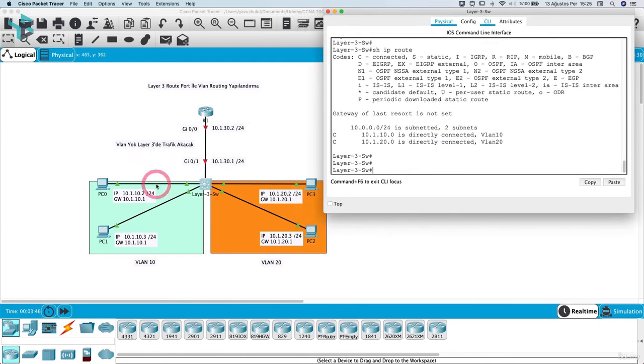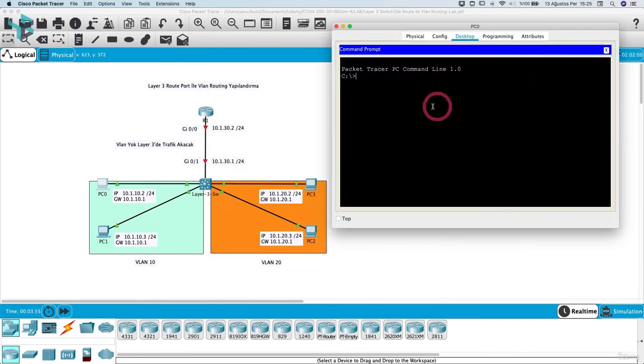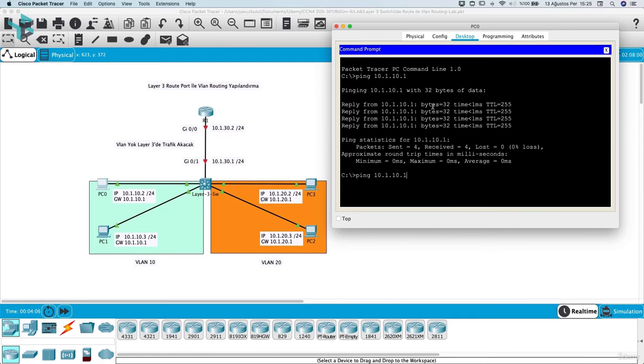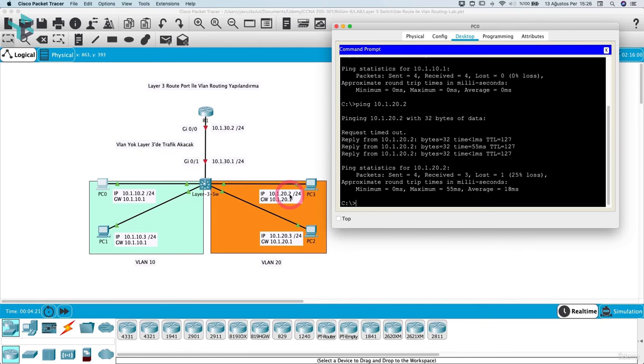Let's do our tests right away. Let's ping from PC0 user here to PC3 user. First let's check if there is access to the gateway. I write ping 10.1.10.1. It has access to the gateway. Let's try 20.2 now. The switch here first sends an ARP packet and learns the MAC address of 10.1.20.2. After learning the MAC address, it transmits the packet to PC3 by enclosing it in a layer 2 Ethernet frame. Our VLAN routing configuration on the layer 3 switch is okay, but we need to go out to the